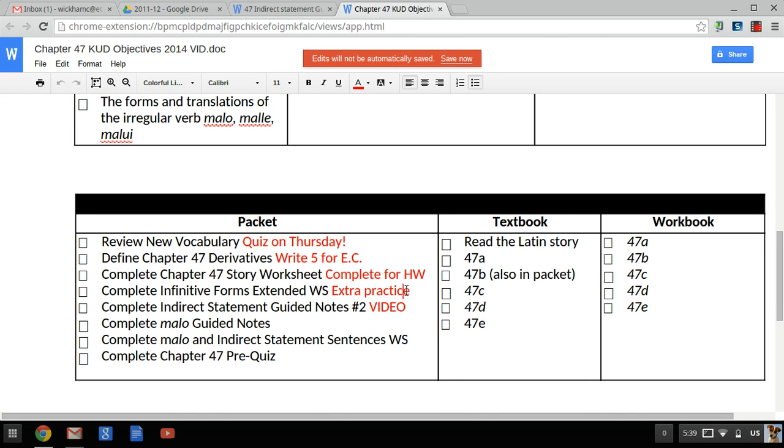The Chapter 47 story worksheet, that's the next page in your packet. That's just something for you to complete on your own for homework. You can do it in class today if you want to, or you can choose to work on your project instead and do that at home. The infinitive forms extended worksheet is extra practice for what we'll talk about today. It's not necessarily yours to complete for homework. I did say the whole packet was due Thursday, but this is one page that I'm not going to be worried about. And then finally, that brings us to today, which is completing the indirect statement guided notes